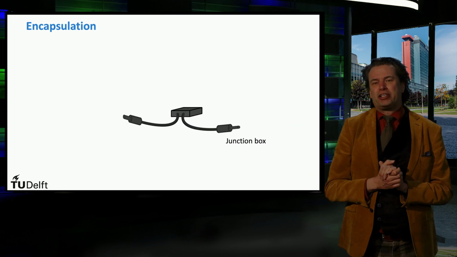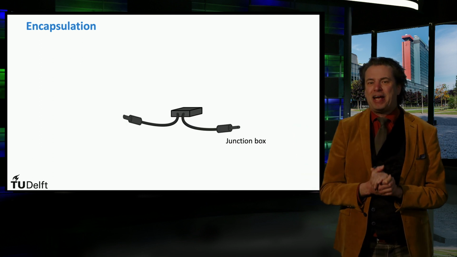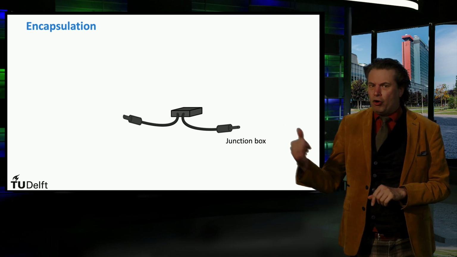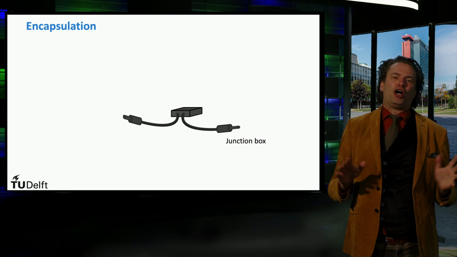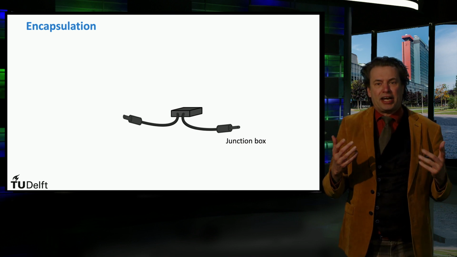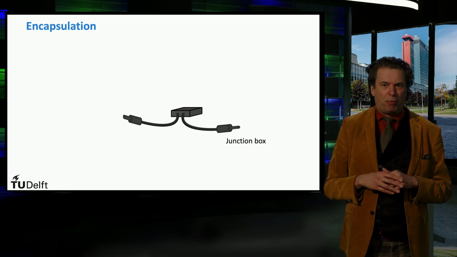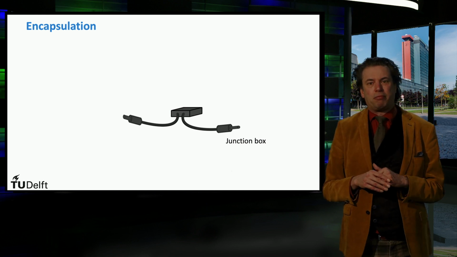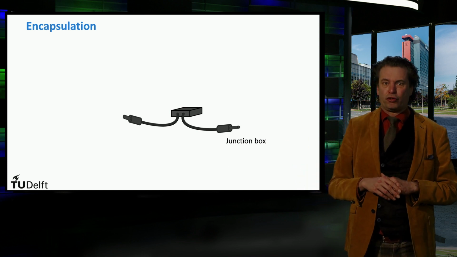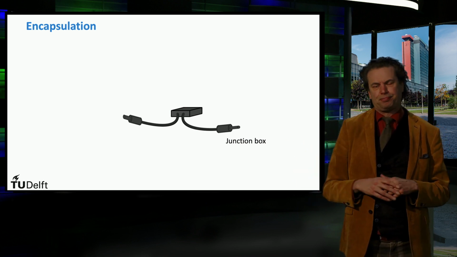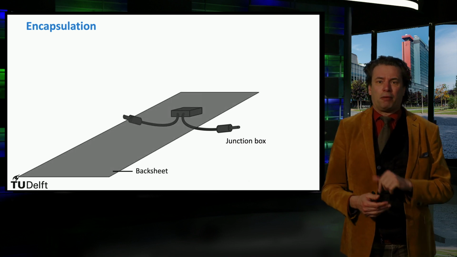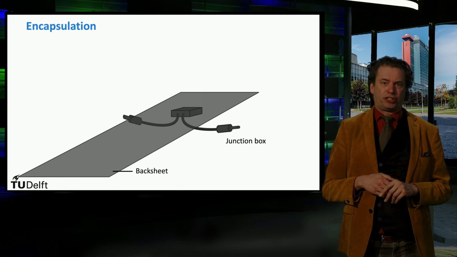Before we conclude this video, we will show the basic structure of a crystalline silicon solar module. On the backside of the module, a junction box is placed that encloses the string interconnects and brings out a positive and negative terminal cable that can be connected to an inverter or to other solar modules to form an array. The junction box is located underneath a plastic or a glass backsheet.